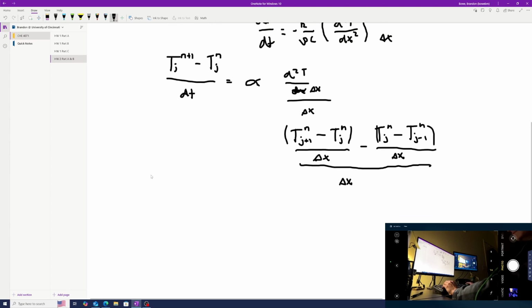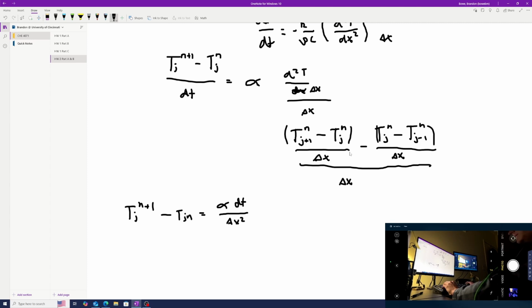So we end up with T_j^(n+1) minus T_j^n is equal to our thermal diffusivity times our change in time, or our time step, and all of these change in x's can be brought out, so over delta x squared,